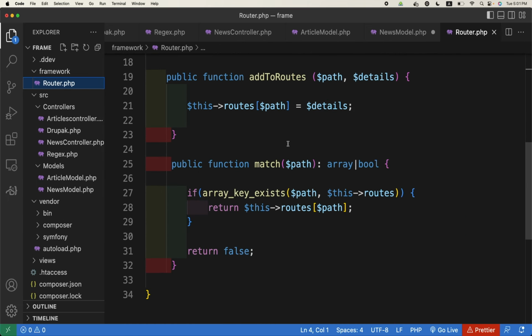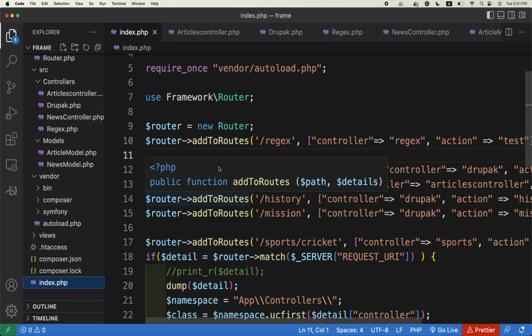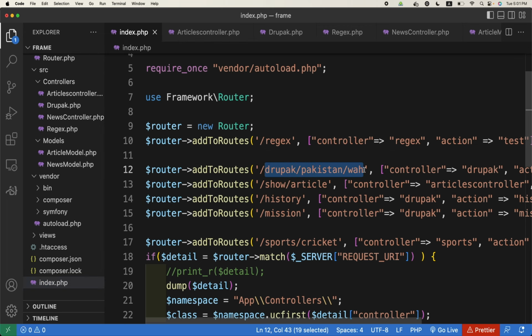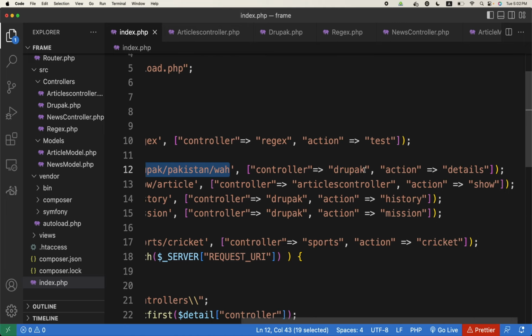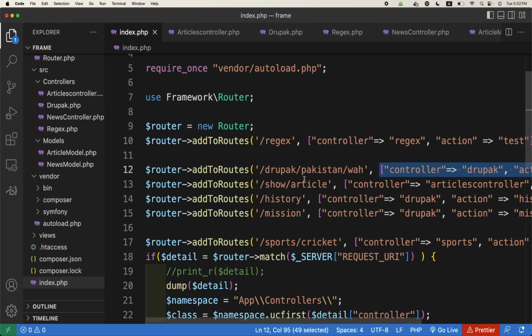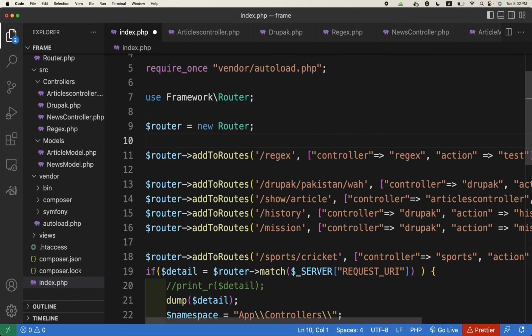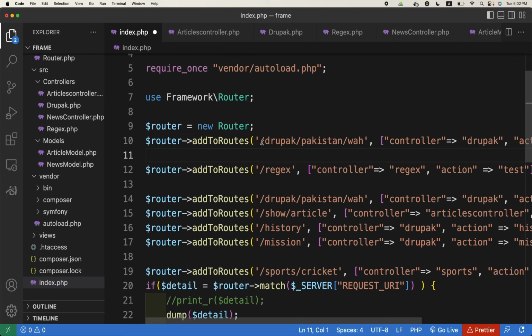So here, if you remember, we were matching the routes in this array. For example, if this is a route and this key exists, it means if the path is this, it will check it. If it exists, this array will be returned, which is a controller and action. But now we need to have a system, for example, like this. Let me just quickly copy and paste this one. We need to have this dynamic now, and here we will place a route which is